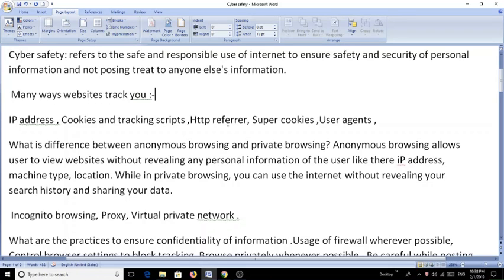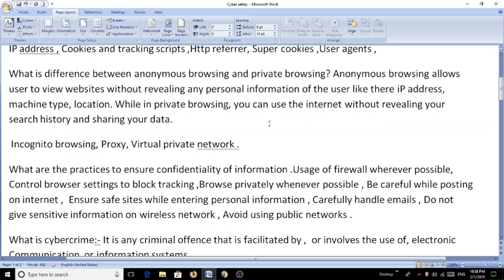Next is the HTTP referrer. When you click a link, your browser loads the web page linked to it and tells the website where you came from. For example, if you click a link to an outside website on a web page, then the linked website will open, and information about you such as your IP address, location, your web browser, machine type, etc. will also be provided to the linked website. It is known as the HTTP referrer.